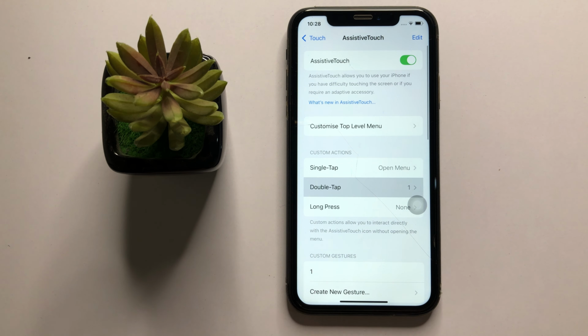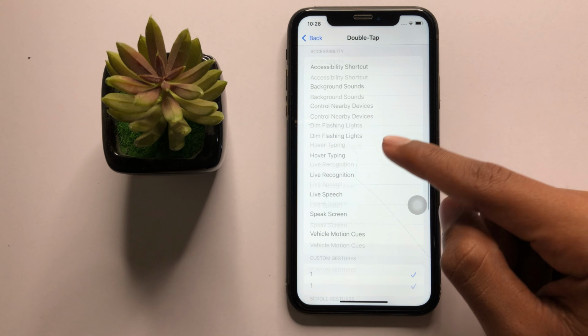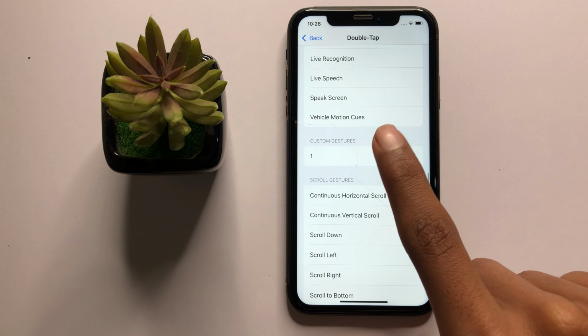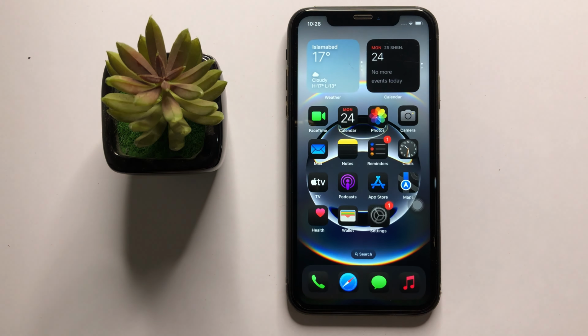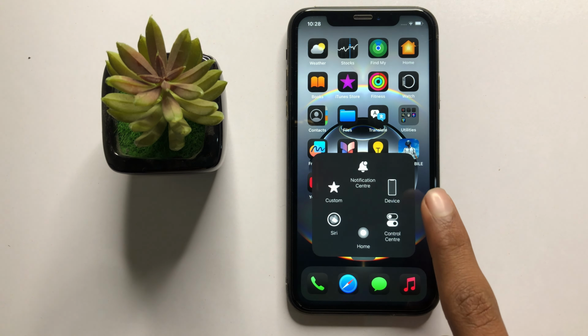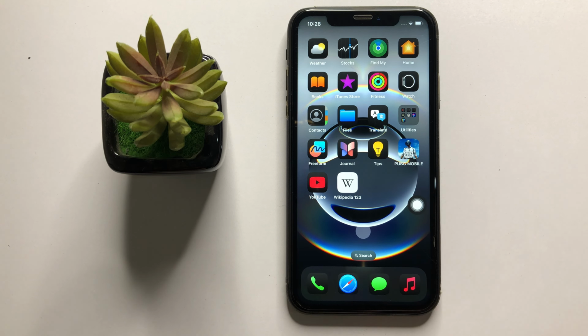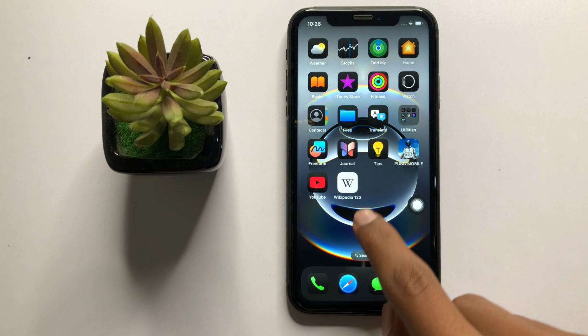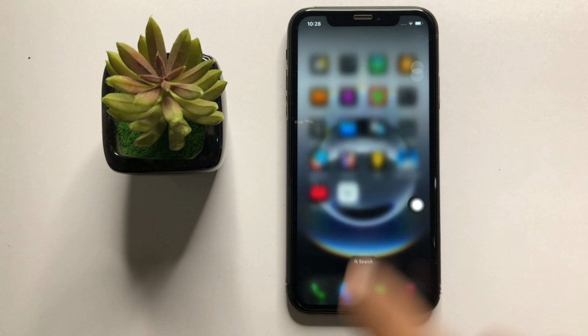Now click on double tap and select your custom gesture. After that, go back to your home screen and test it. Now double tap on your gesture and it will be enabled. Now simply drag and